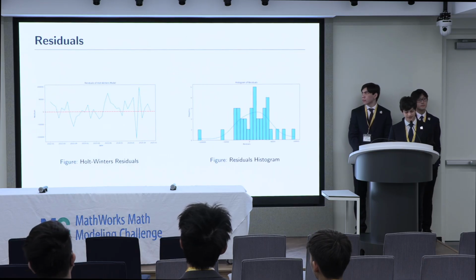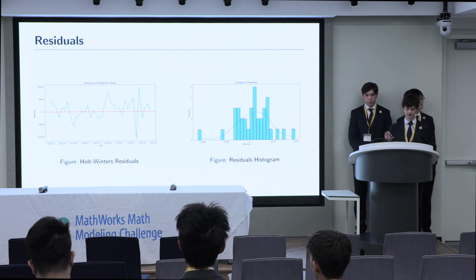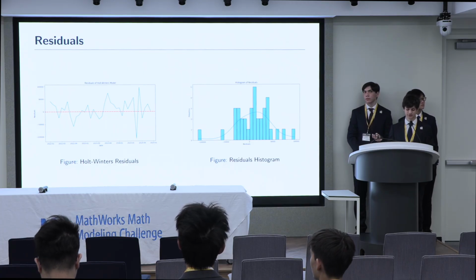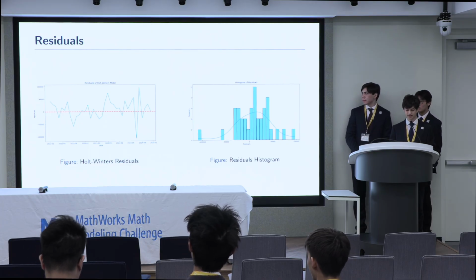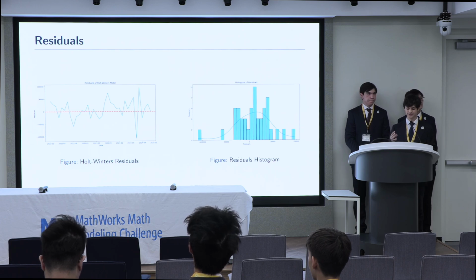We also analyzed the residuals in 2 ways. Over time, on the left, they appear randomly distributed around 0. The fact that there's no visible pattern here is a strong indicator of model accuracy and lack of bias. As a histogram on the right, with an overlaid kernel density estimation, the distribution is centered near 0 and closely follows a normal distribution. This really confirms the absence of systematic error.